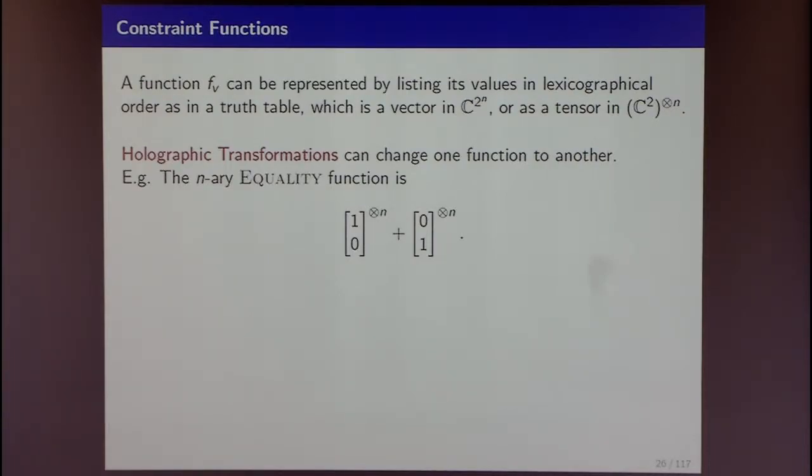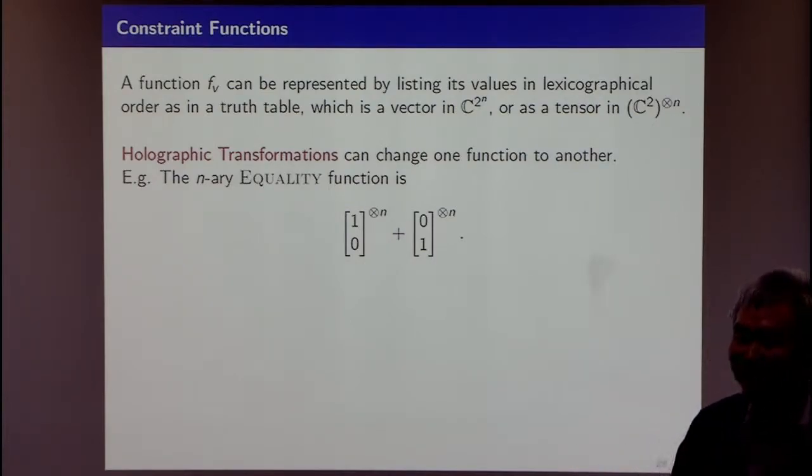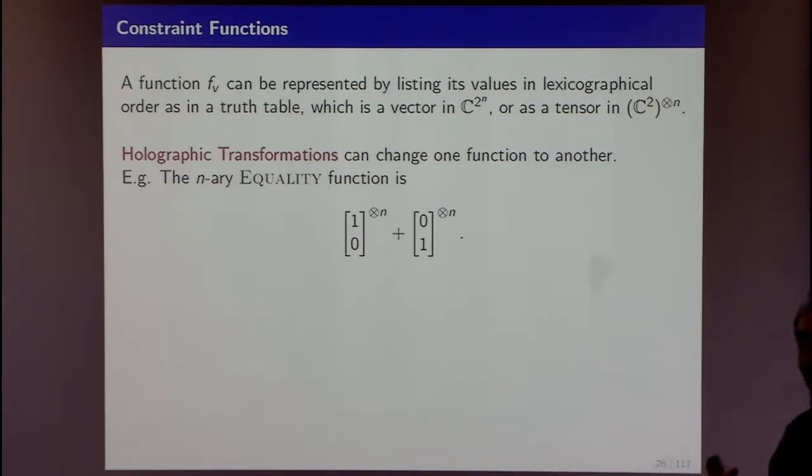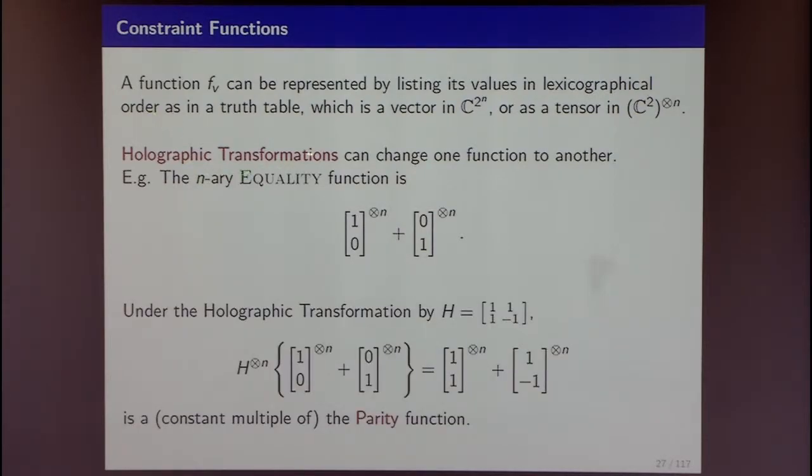So if you are just a computer scientist, you know this is a truth table, and it represents a particularly simple function. The function is the equality function. All n bits must be equal. So thinking of this in totality as an amalgamation of two things together as a single entity, it's just a truth table of a particular function. But if you split it into this form, then you can start to talk about what's called holographic transformations.